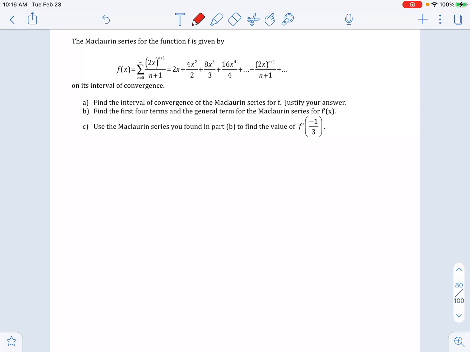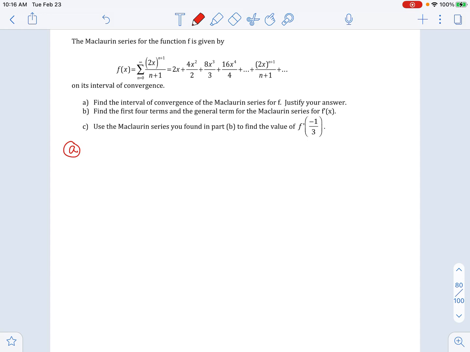Okay, you are given a Maclaurin series, so it's centered at 0. It gives you the sigma notation and it gives you the expanded notation as well. First question is we want the interval of convergence. So remember, for interval of convergence, either we can use the idea that it's a geometric series, and if I look